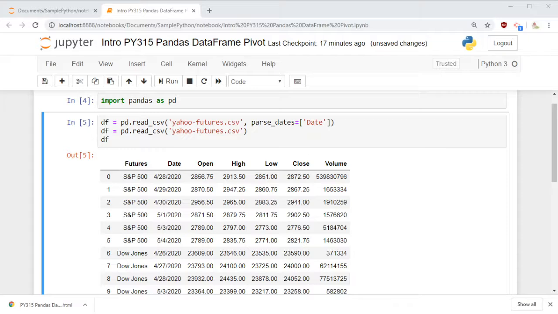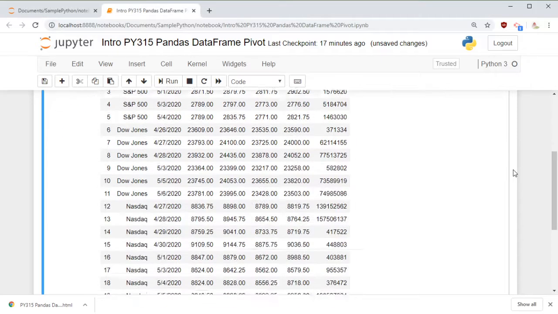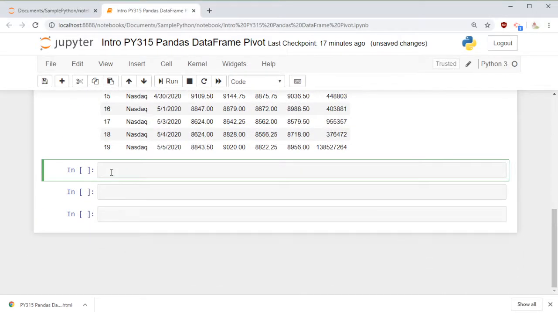Now to do a pivot, what we have to do is put in this code, which is dataframe.pivot, and I am saying the index is date. That means the one on the left-hand side is going to be date.